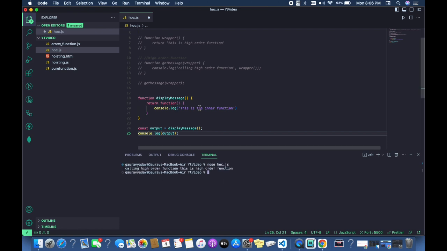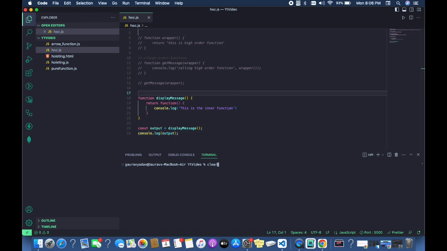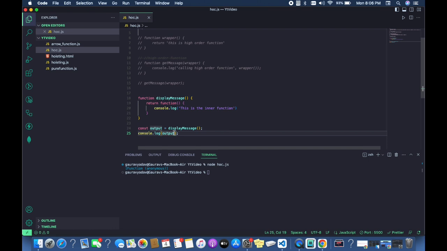So you are able to see, right, calling, I think this is not saved. One second, let me save it. And if you rerun the code, what you can see, right, is the output. If you try to print the output, or you can directly call this method instead of printing the output,